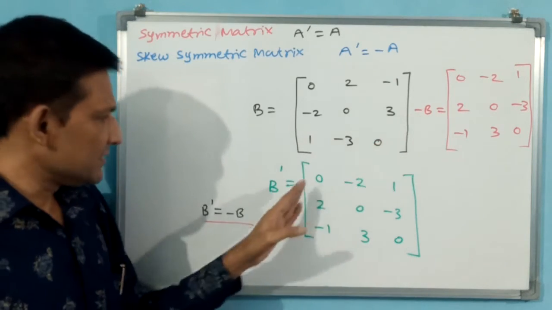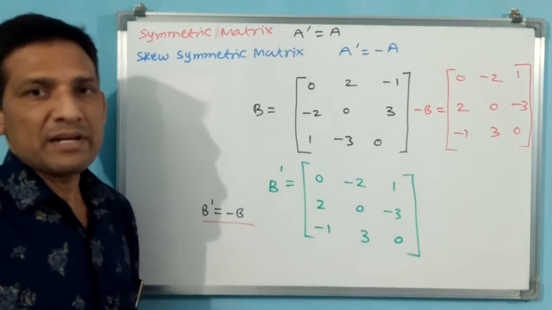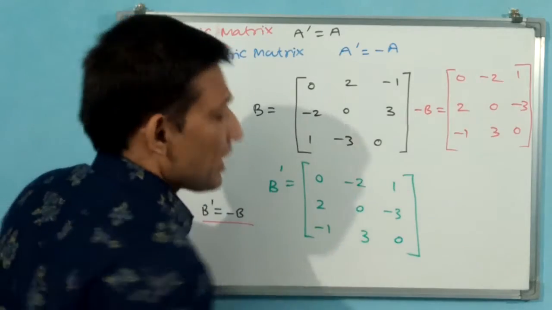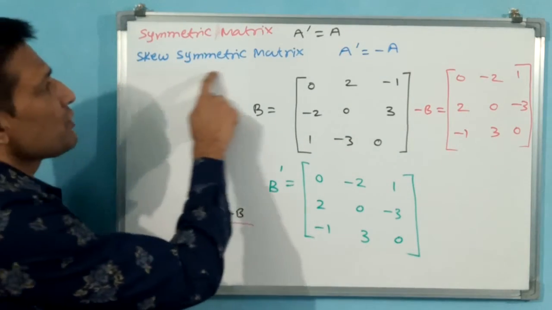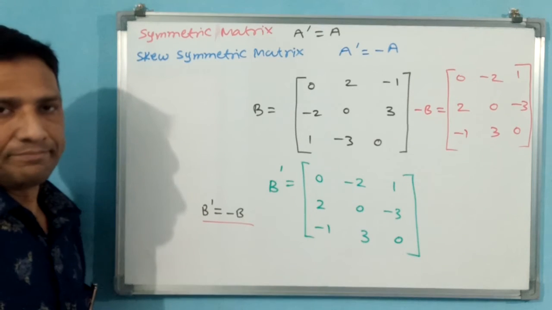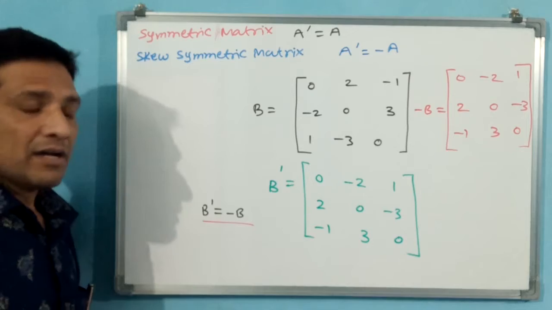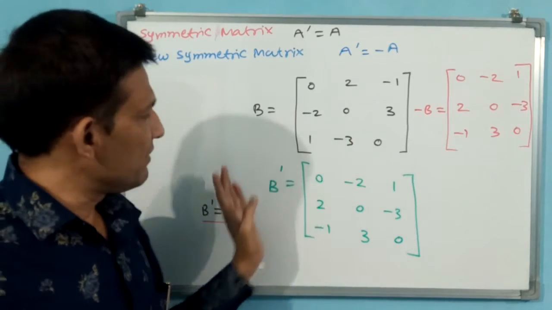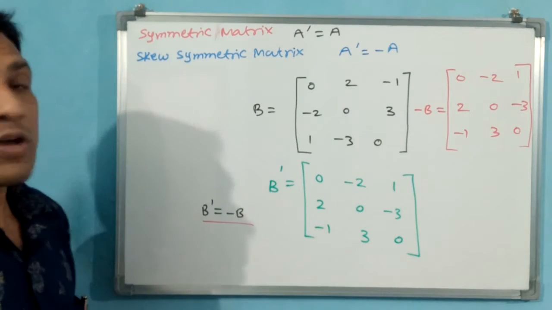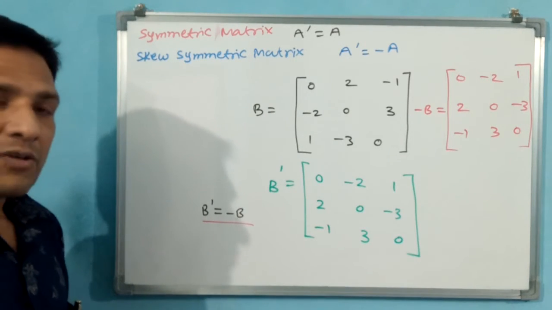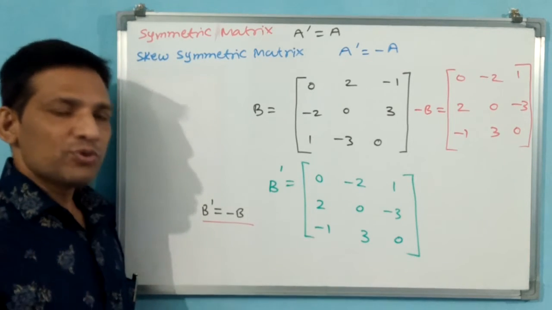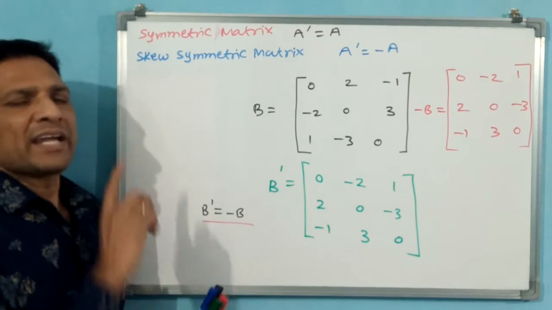If rather than minus, the direct A comes, that is going to be called a symmetric matrix. Both are square matrices. In both you see the diagonals are not changing. Another important point. For a skew symmetric matrix, the diagonals will be zeros. Or else this is not possible. Okay, because the diagonal is 0, that is why even after making this minus, these are going to remain like that only. Or else those are going to change. If the diagonals are going to change, that is not going to become a transpose. Okay, that is why for a skew symmetric matrix, fundamentally the diagonals are zeros.